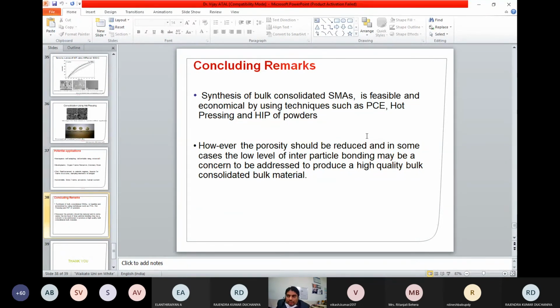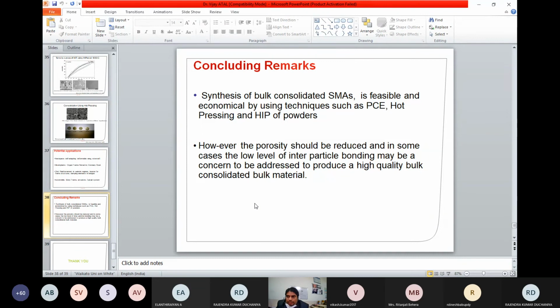And the deformability of these materials is very good because of the technique being used, which is extrusion, powder compact extrusion, hot pressing, and hot isostatic pressing. However, in these cases, a few things should be considered.